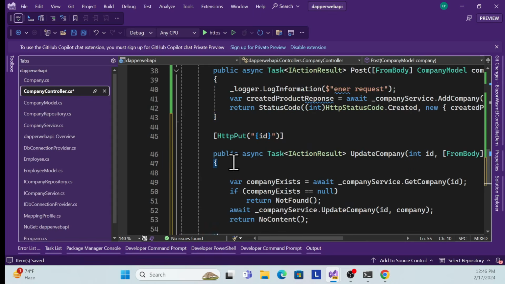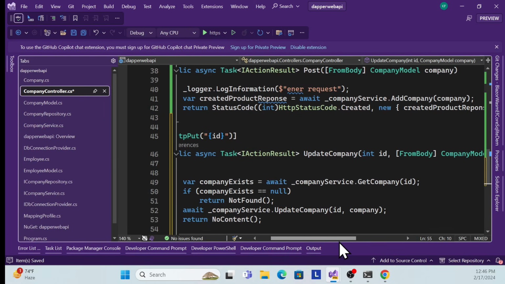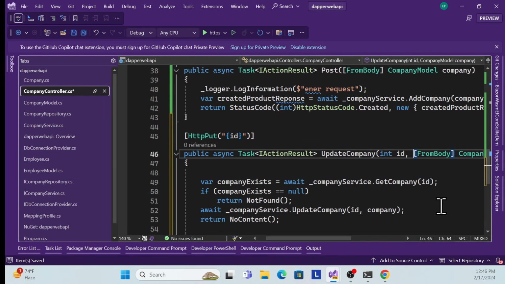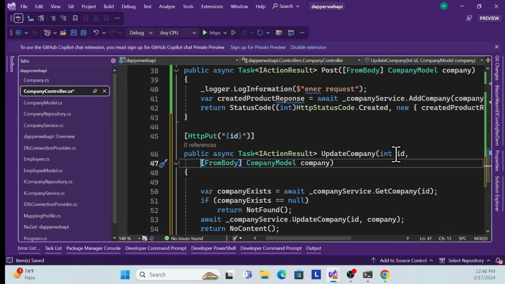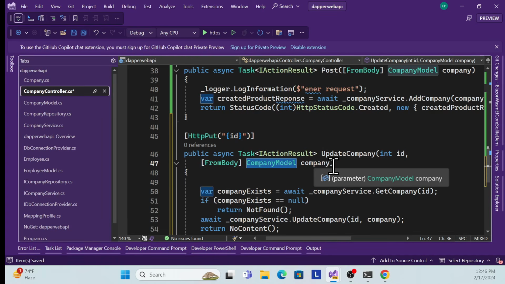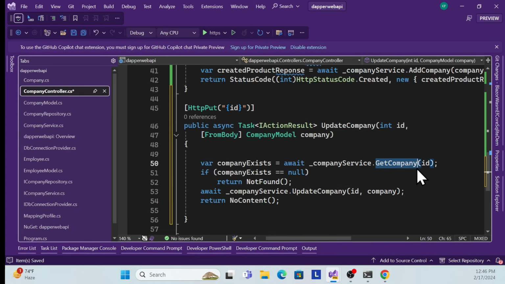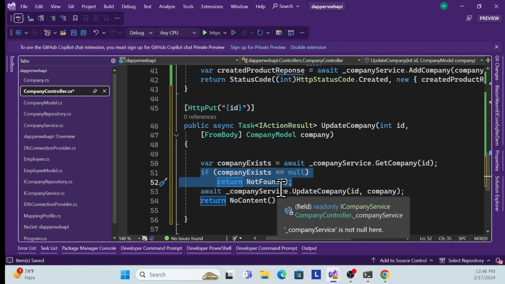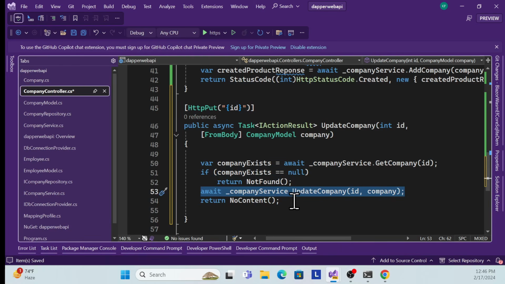So this is the put endpoint. Here again we expect a form body id and a form body model, whatever you want to update. First I'm just checking with this get company id method. If it is not null, then we move forward with the process. If it is null, then we return that. And finally